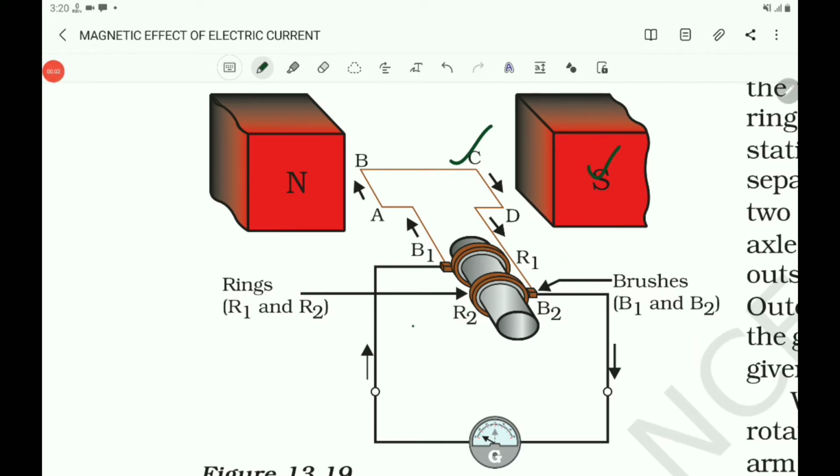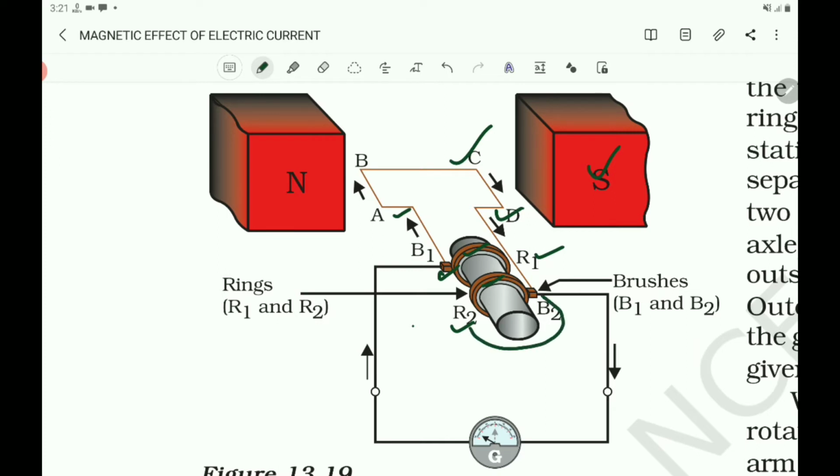Observe the shape here, they are the rings, and the ends of the coil are connected to these two rings R1 and R2. Here the end A is connected to R1, and end D is connected to